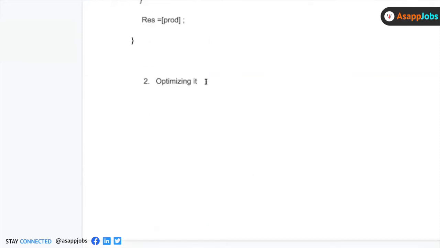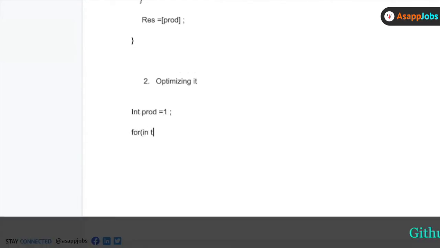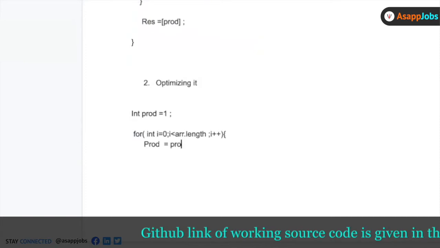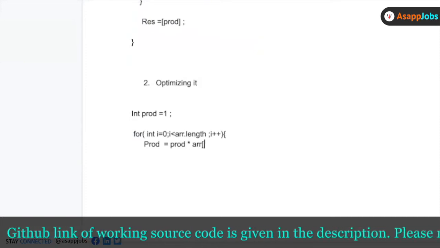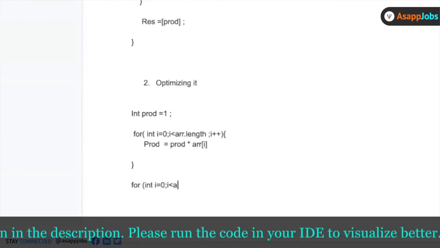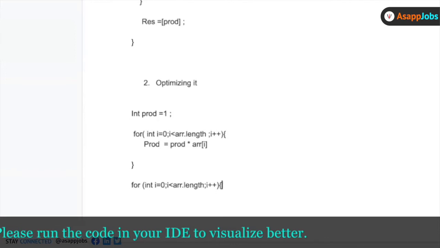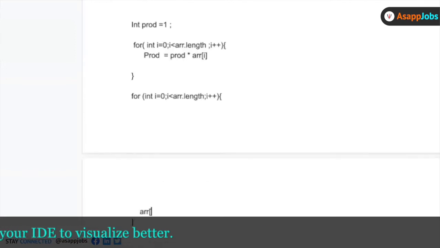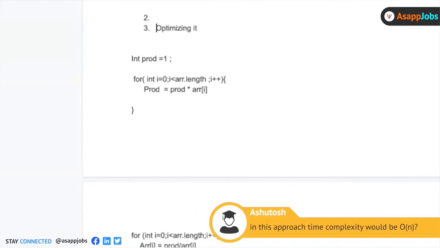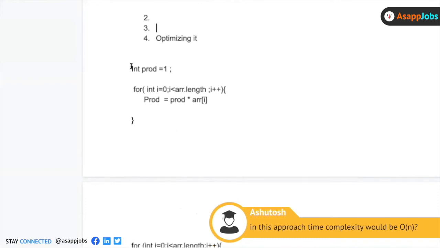So we can do it like this. int prod equals to, and then I first find the product of all the elements, prod equals prod into array[i], and then the second loop divides. It will be O of n.